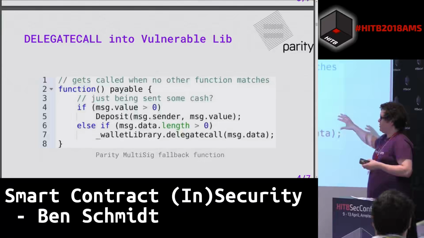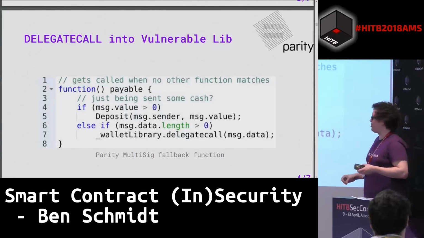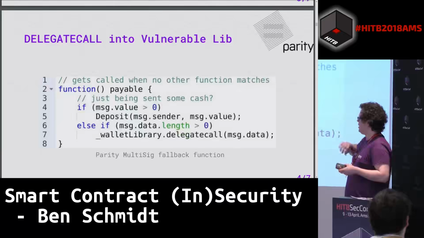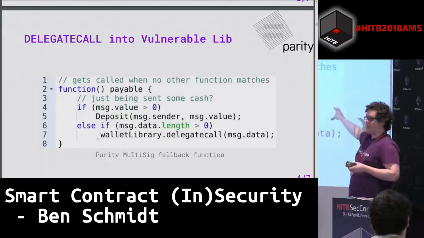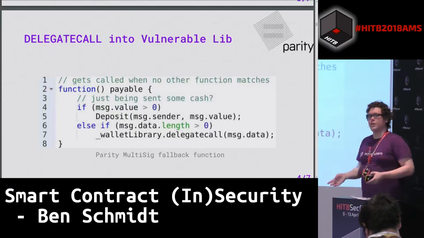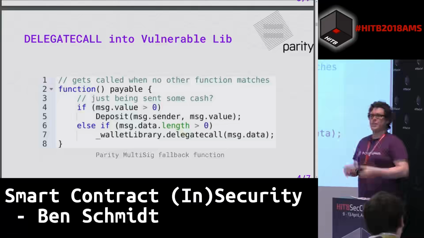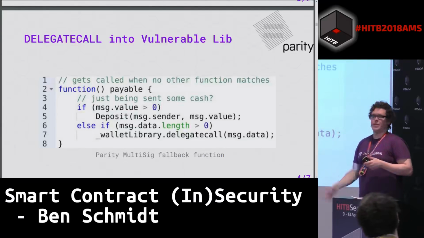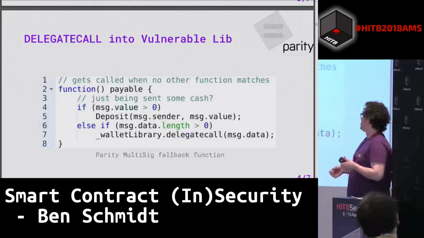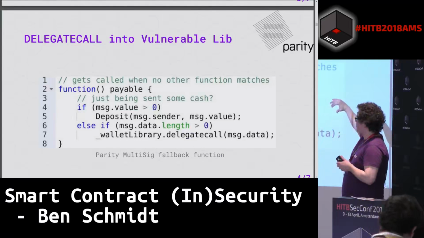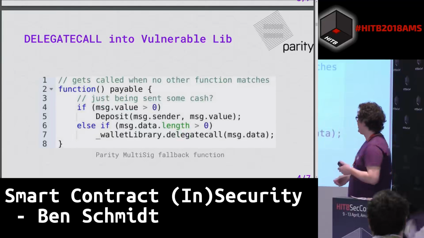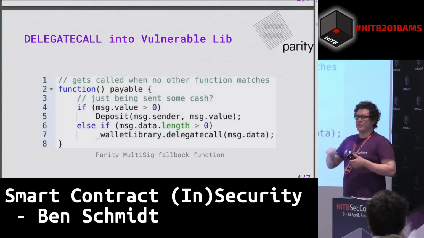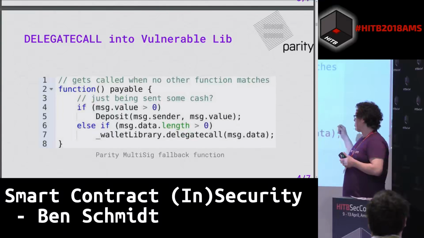So what they have to allow you to call into some of those library functions is they implemented a default function here. So anytime you send Ether to an address, if you're not explicitly calling a function in that contract, it actually executes this function here. And this is known as the fallback function. So this function basically handles anytime someone sends money to this contract or calls something that isn't actually defined in that contract. So what they're doing here in this code is passing in